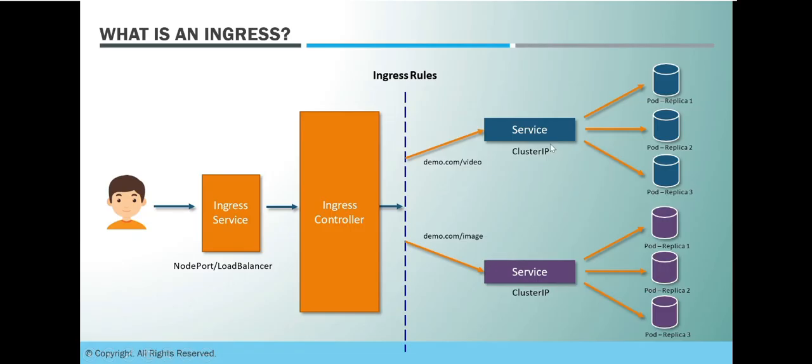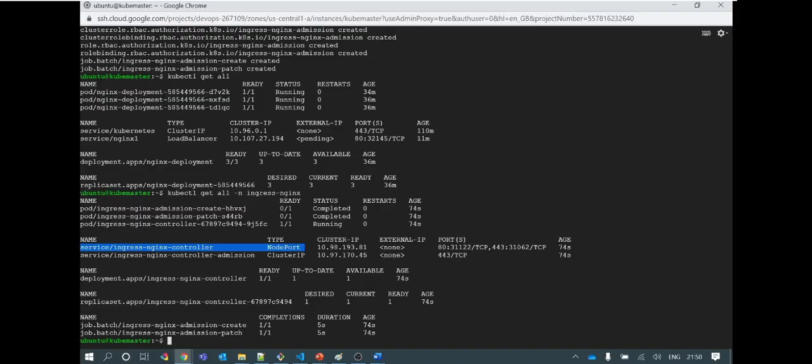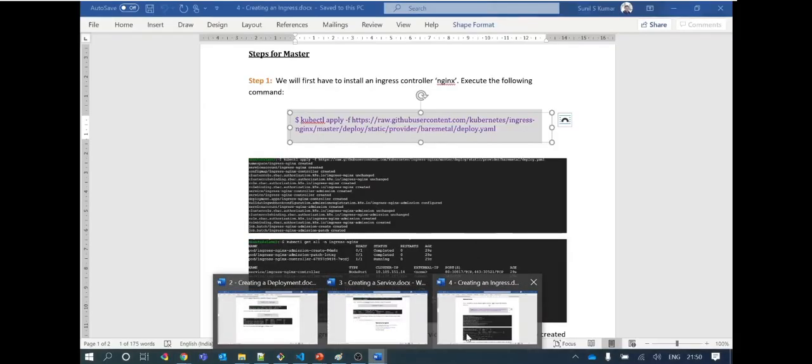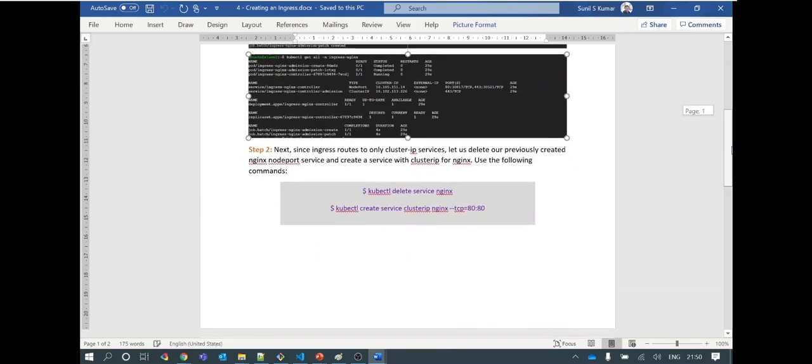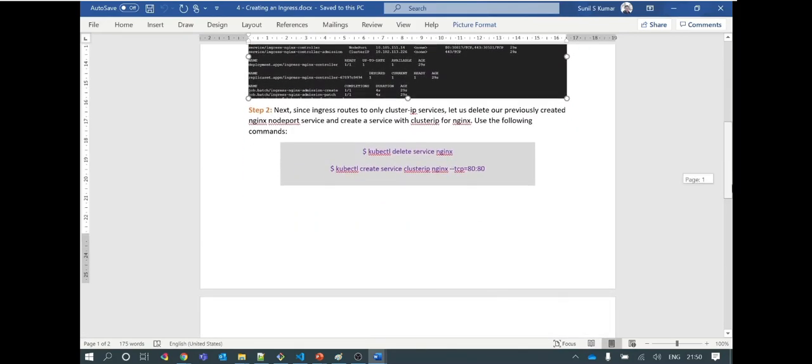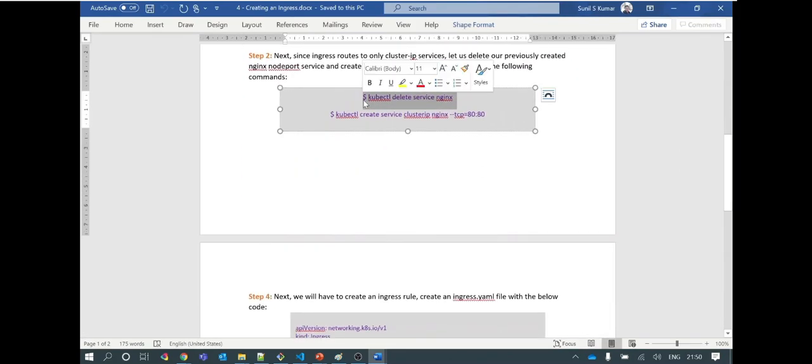We created a NodePort service from which Nginx was accessible, but now we will create a ClusterIP service, because for external access, we have this ingress available now. So let's go and create a ClusterIP service. This is done, right? And this service I already deleted.